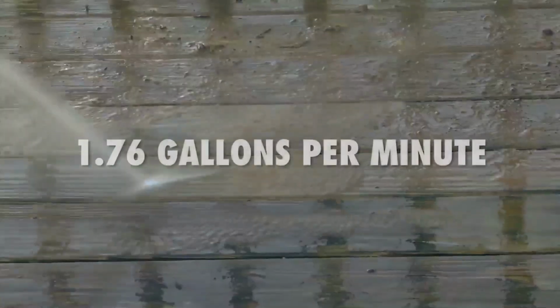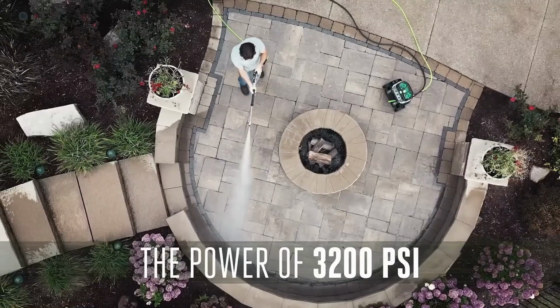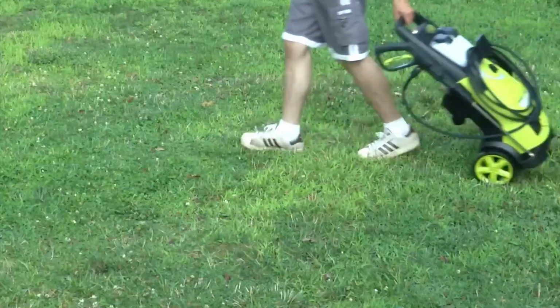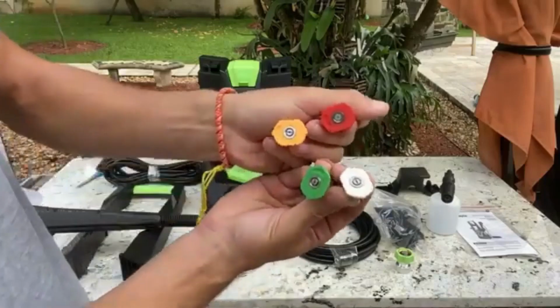Welcome back to Pickdigi. If you love discovering the latest and greatest gadgets on the market, you've come to the right place. Today, we're diving into the top 5 best electric pressure washers of 2024. Whether you're tackling tough grime, cleaning your driveway, or washing your car, we've got the perfect pressure washers to make